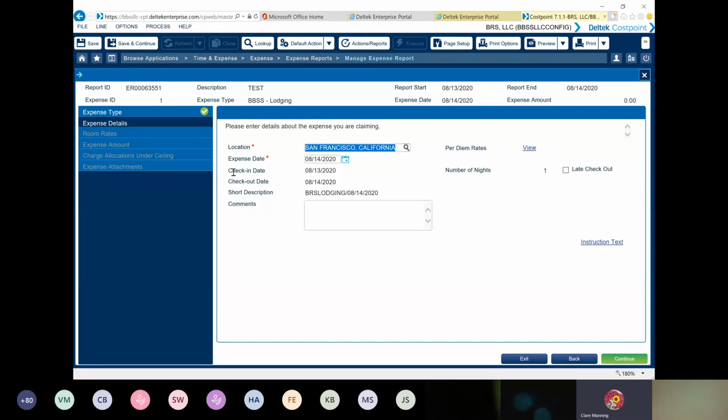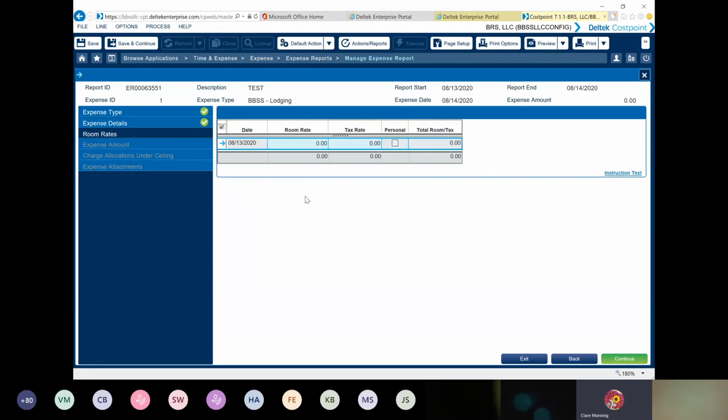So all you're doing in this screen is just validating the information, making sure that the dates are correct. And if you notice, it also is going to provide you with that location. So it's another way to ensure that you are selecting the correct expense report, especially if you started one and then you had to stop and come back and complete it. As you noticed when I was doing this, it's very easy to accidentally select the wrong one. So you are going to want to pay attention as you go along to make sure that you're selecting the correct one. We're going to go ahead and hit continue down here in the bottom right corner,